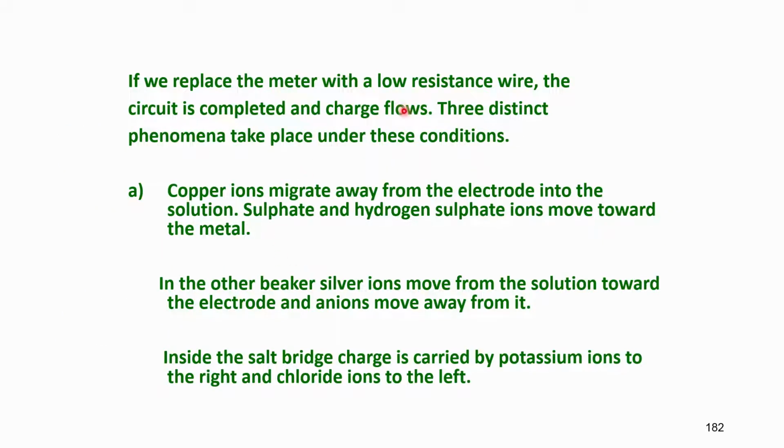So, if we replace the meter with a low resistance wire, the circuit is completed and the charge flows. Three distinct phenomena take place under these conditions. Copper ions migrate away from the electrode into the solution. Sulphate and hydrogen sulphate ions move towards the metal. In the other beaker, silver ions move from the solution